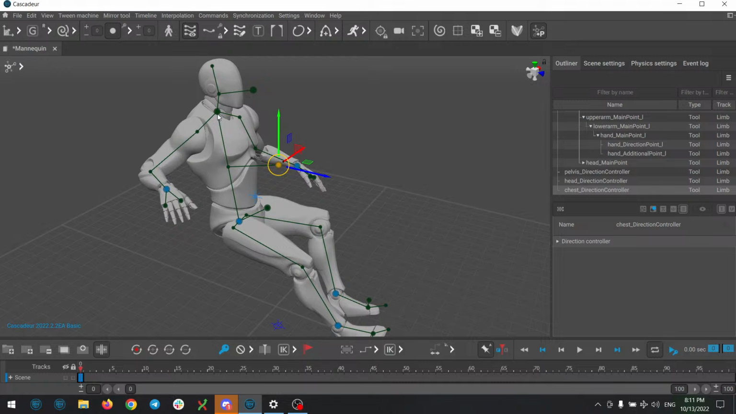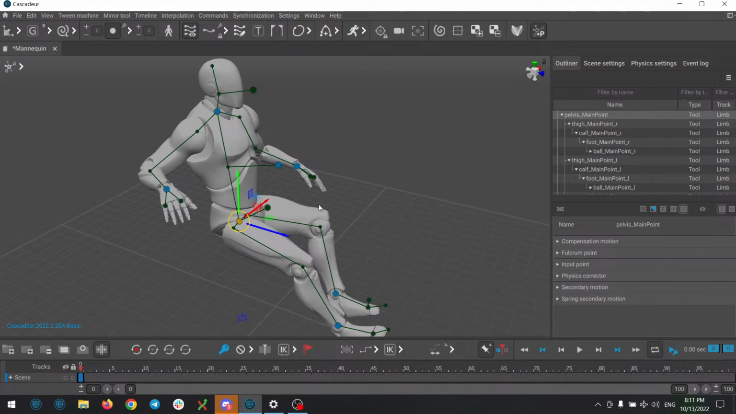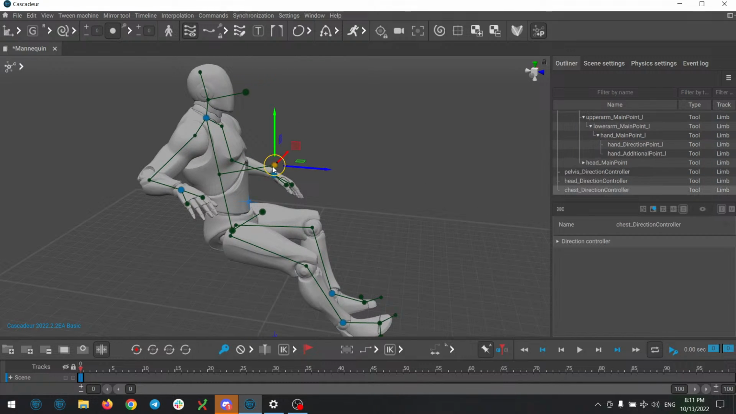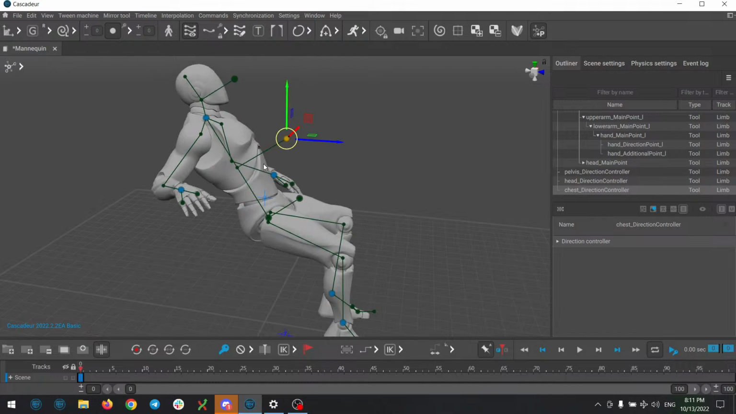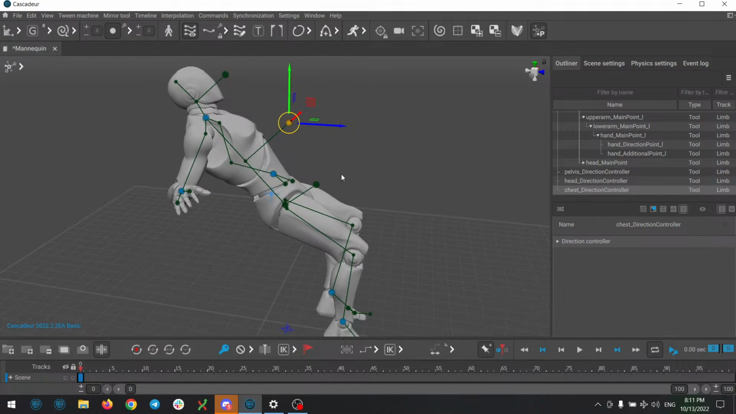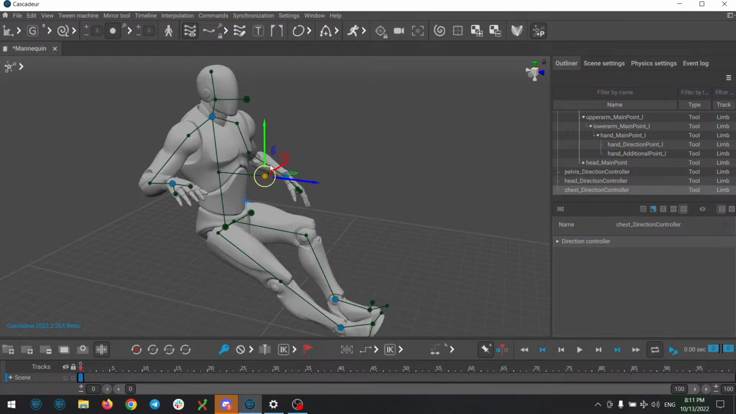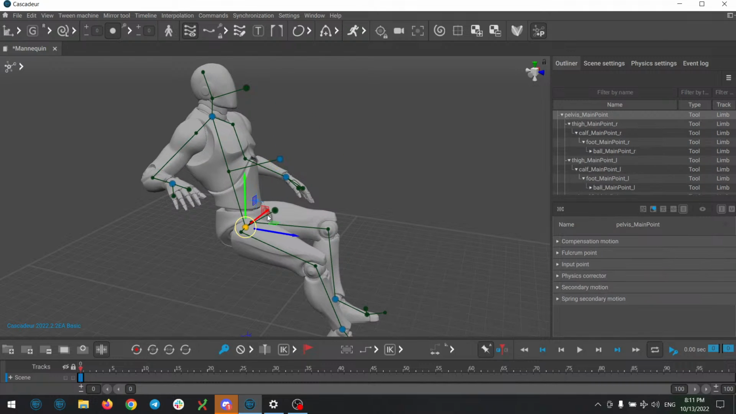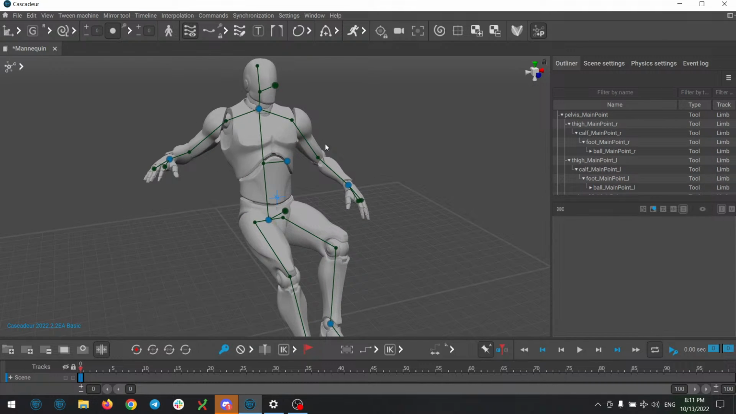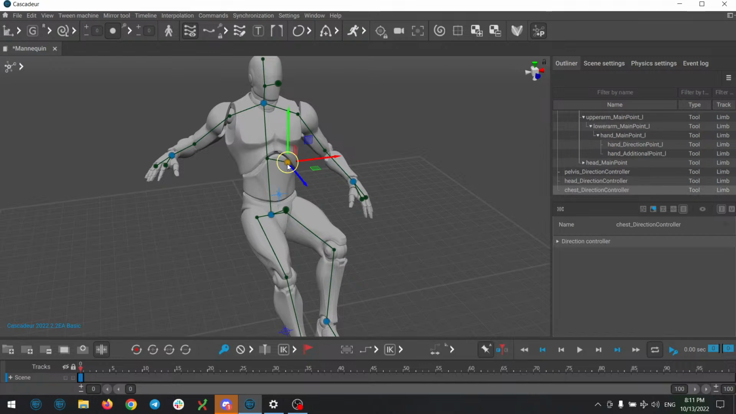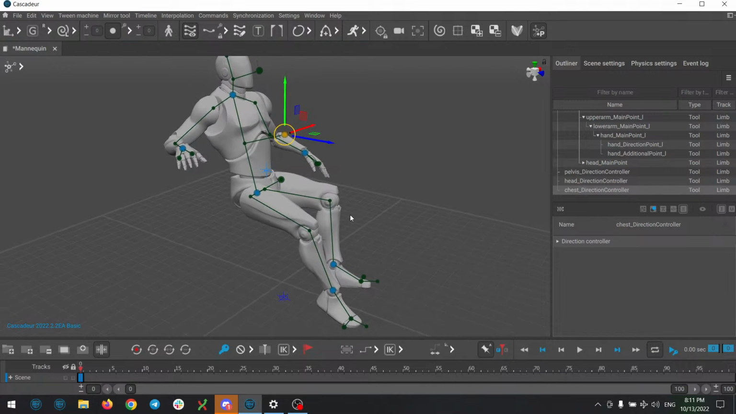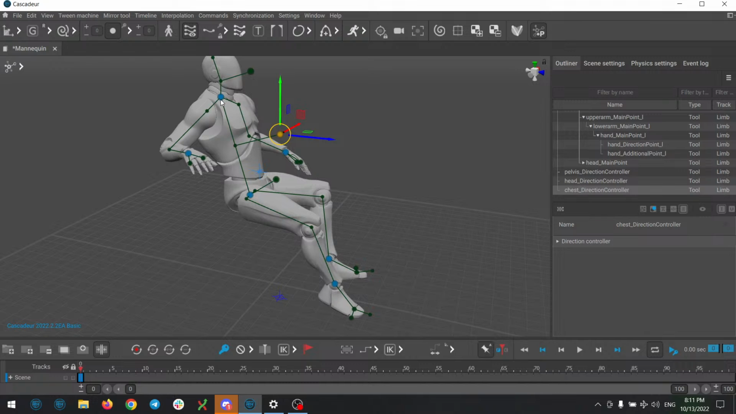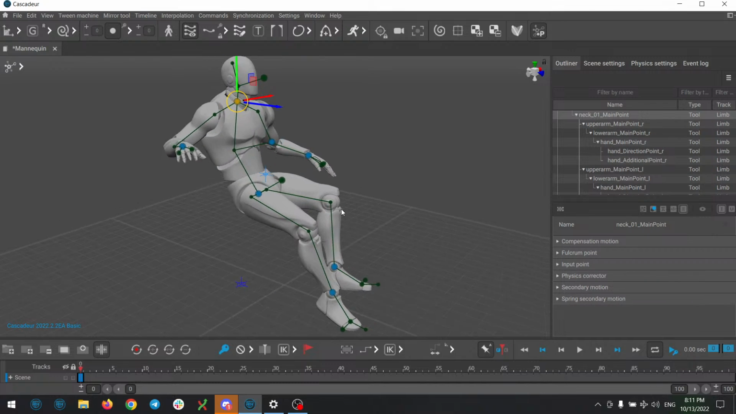If you lock the neck and unlock the pelvis, for example, you can work in this style. Maybe it's not so useful, but interesting. But if you lock both of them, neck and pelvis, you can rotate it only around one axis. Okay,